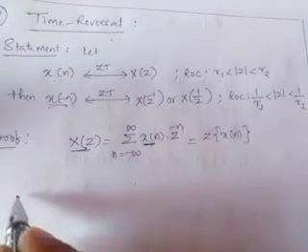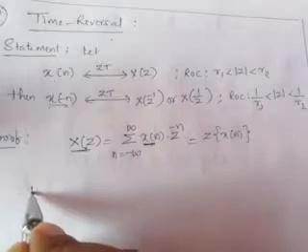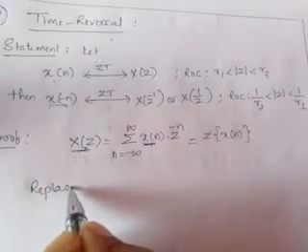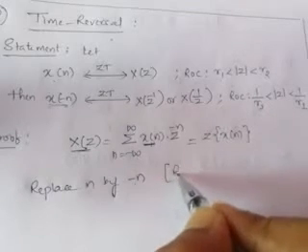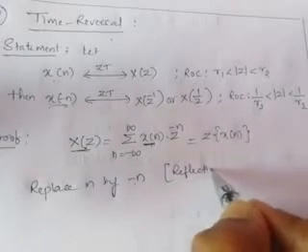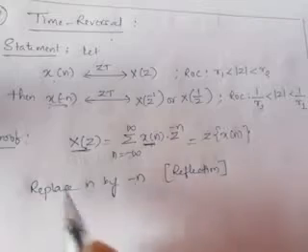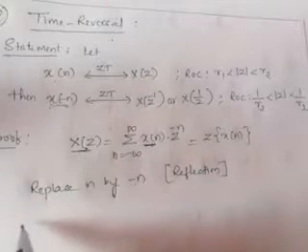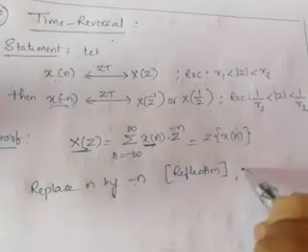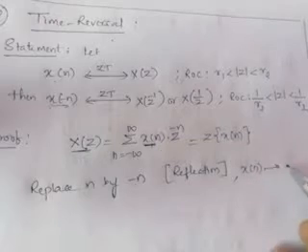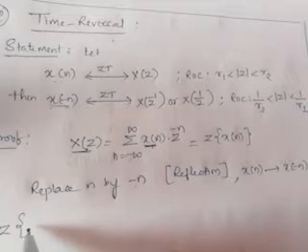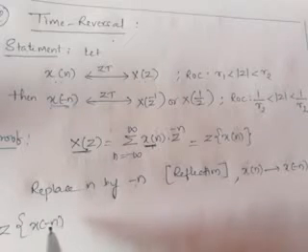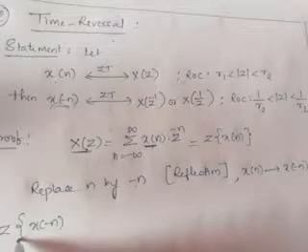Similarly, if I replace n by minus n, nothing but taking the time reversal of the given sequence x of n, then x of n becomes x of minus n. Now the Z transform of x of minus n